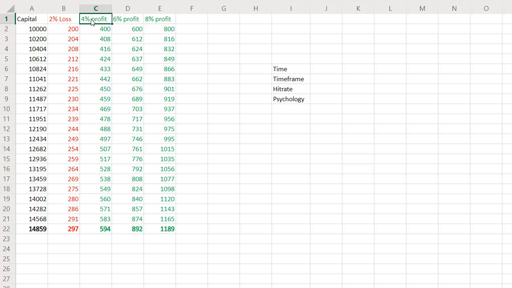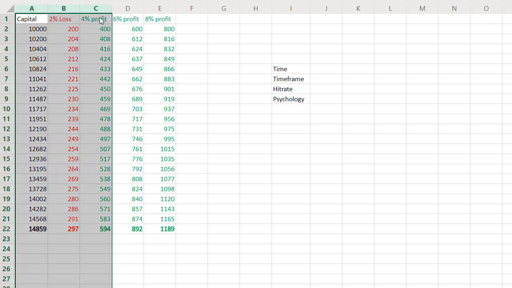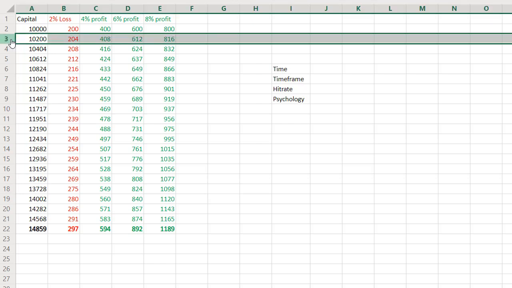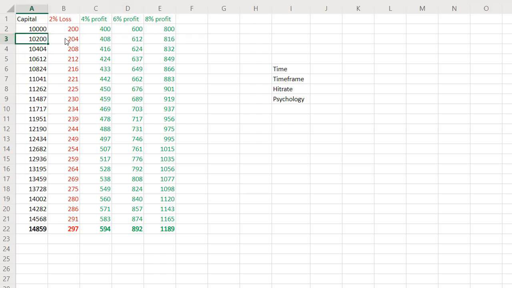On the other hand, looking at profits, looking at probabilities, the other side of the story is that the 4% is twice as much as your loss. So let's assume you take on 5 trades. That's what I did in the first 2 columns, first 3 actually. As you can see, this was your start, and then let's assume you take your first trade. Let's say you take a loss, 200, and you take a win.